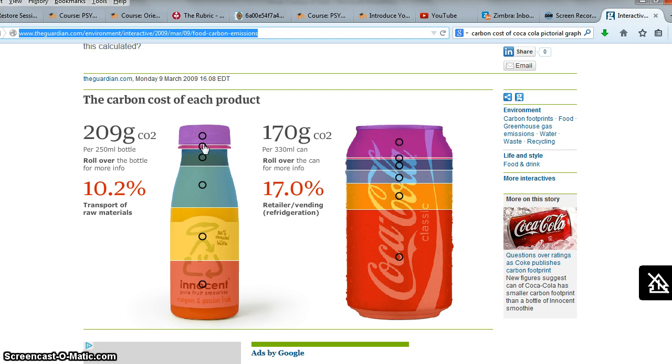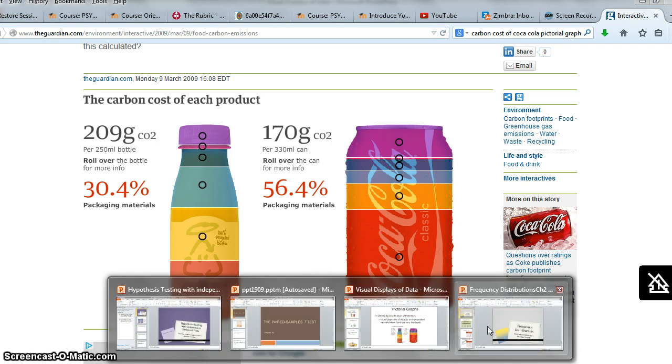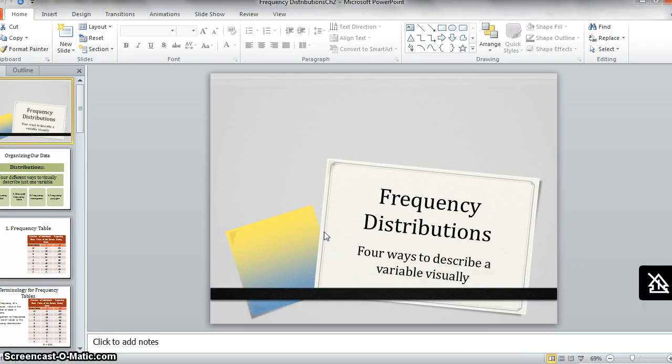If you roll over these little circles, then you notice that these values change. Smoothie manufacturing carbon cost is 21.3%, but manufacturing for Coca-Cola is only 7%. So you can get kind of interesting information. This would be one of the things that your book would list as being a feature of graphs. Okay. So we're going to come back here and